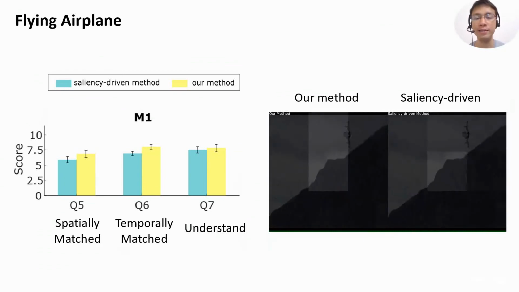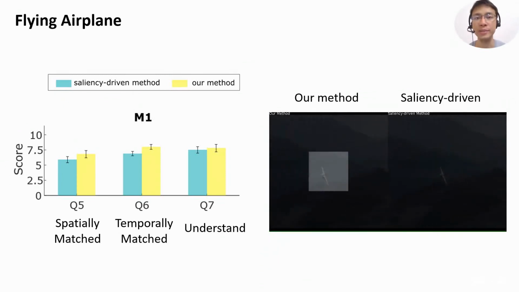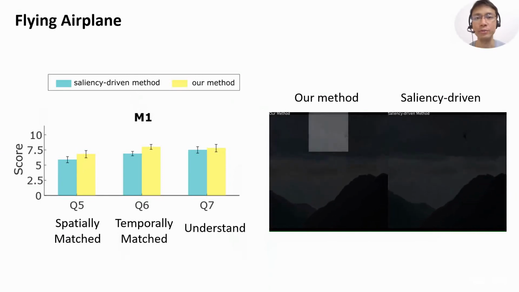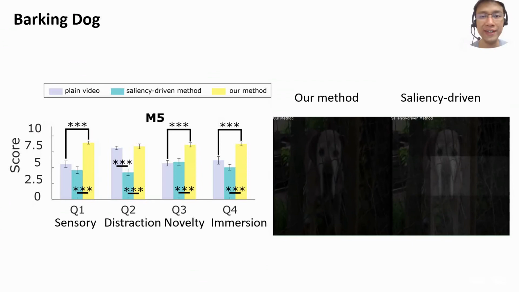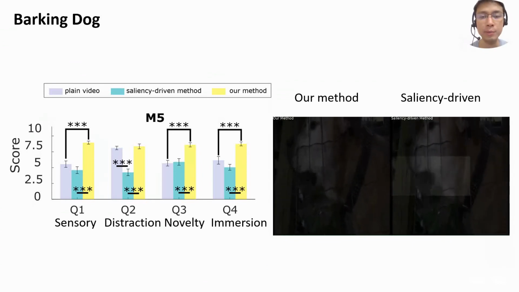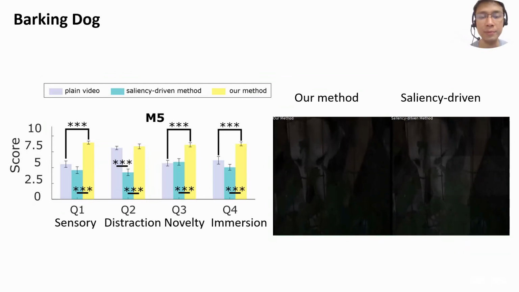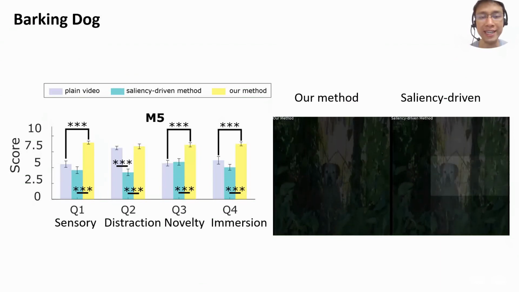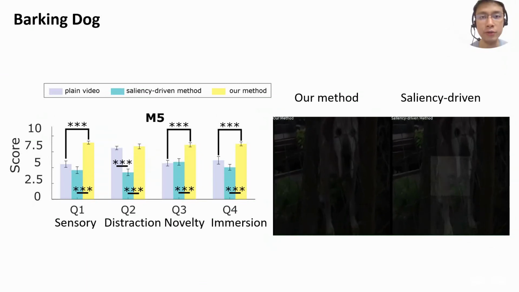The flying airplane example mainly evaluated the method's ability to track fast-moving objects in the scene. From the results, we can see that our method and the salience-driven method had similar performance in this scenario. In the barking dog example, there are multiple audiovisual events happening in the scene. It's important to use both the visual and the audio signals so that the tactile effects can be synchronized with the barkings of the dog. Therefore, from the results, we can observe that our method significantly outperforms the salience-driven method for all of the four